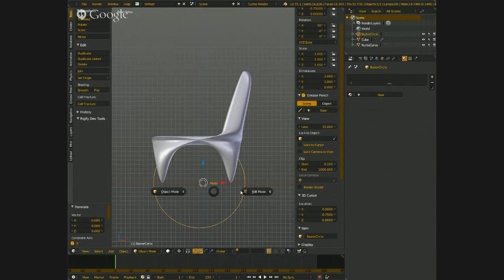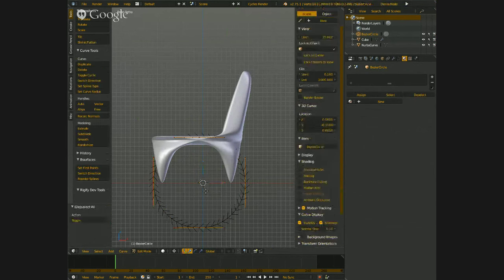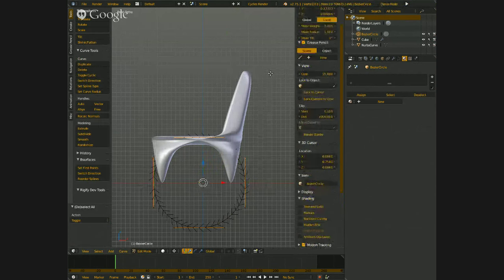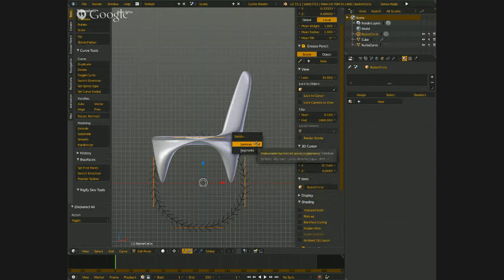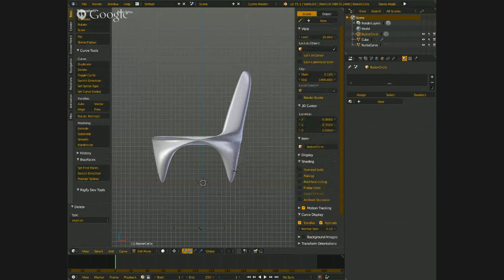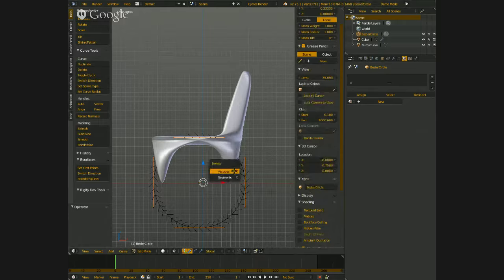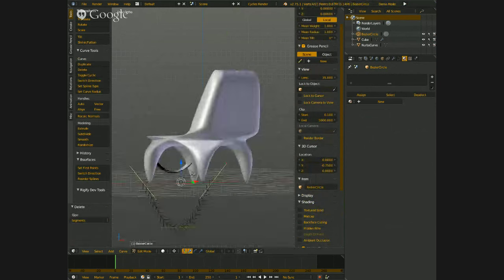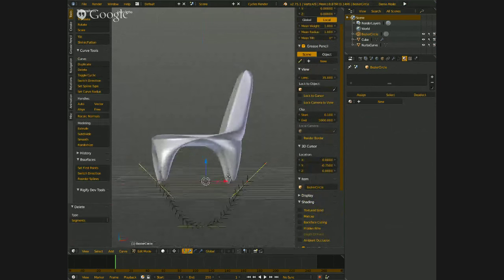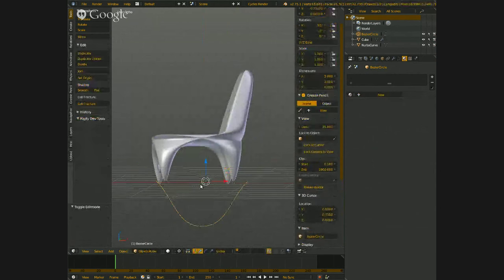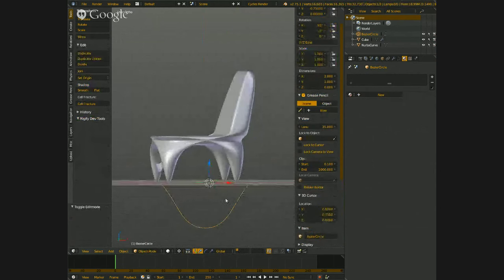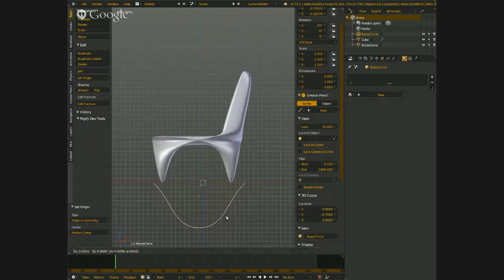Now, tab into edit mode. Deselect everything. Go into box select mode. Select all this top stuff. Hit X. Vertices. No. Hit X. Segments. And now we've got this open arc thing. You see this? Nice little arc. So, set the origin to geometry,